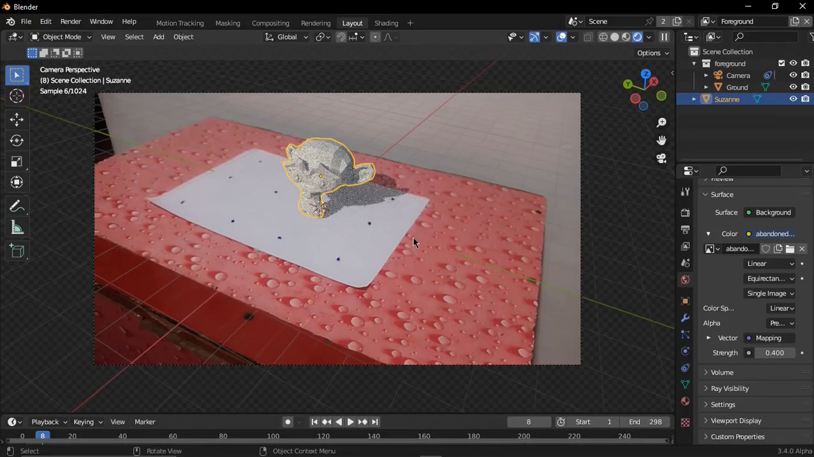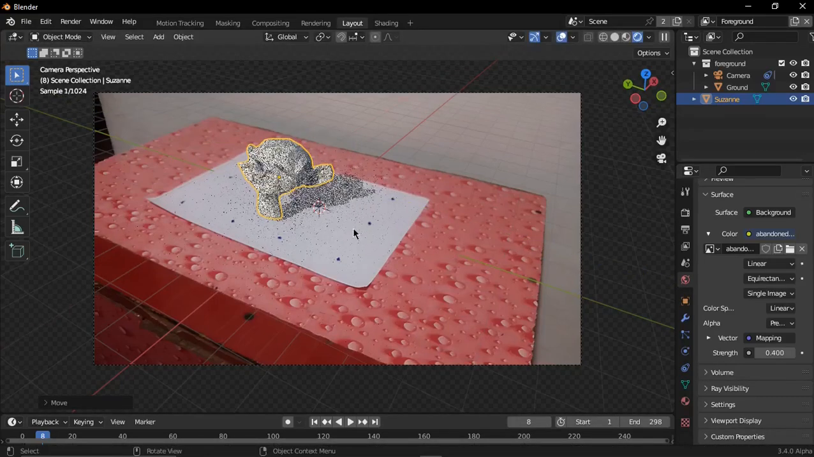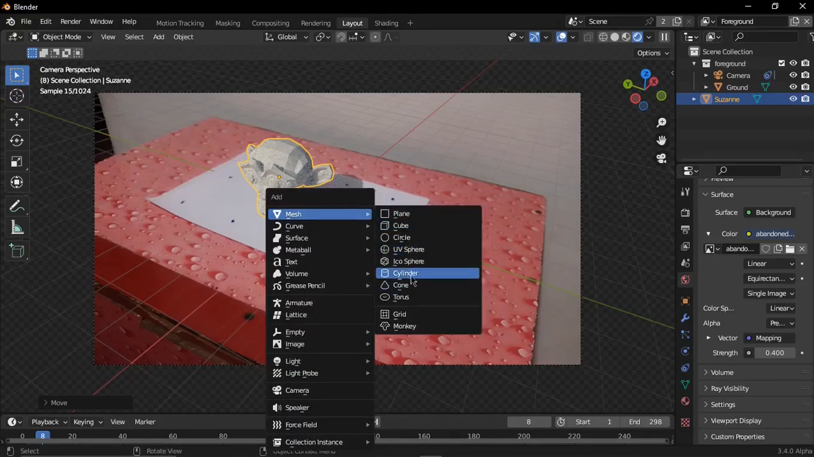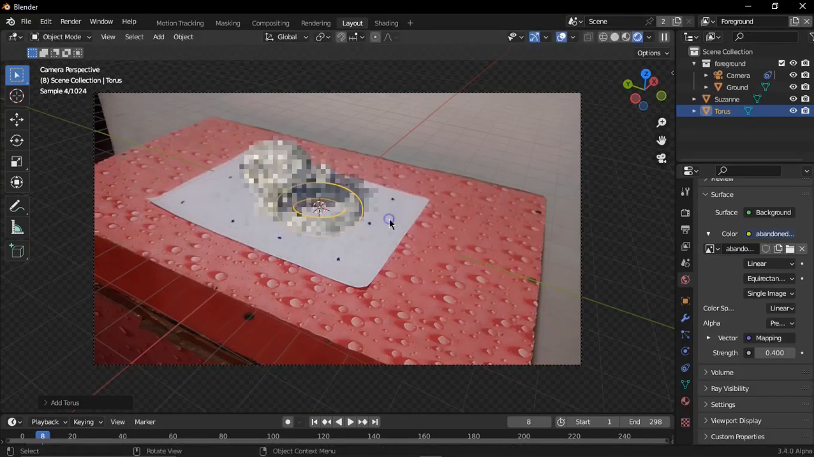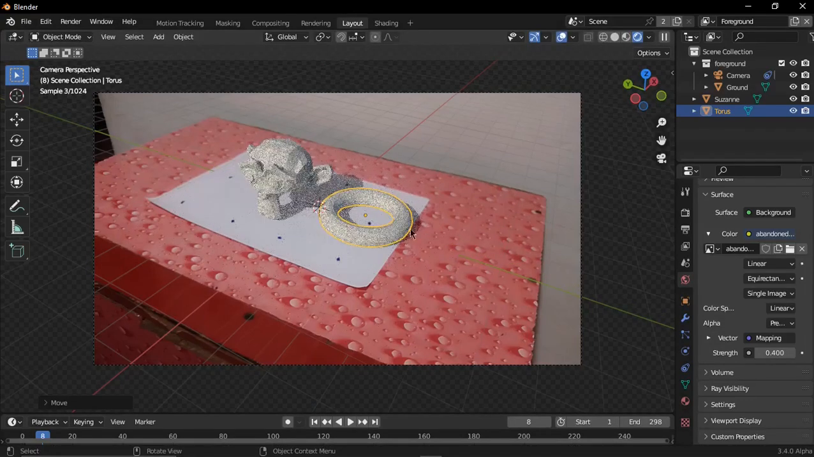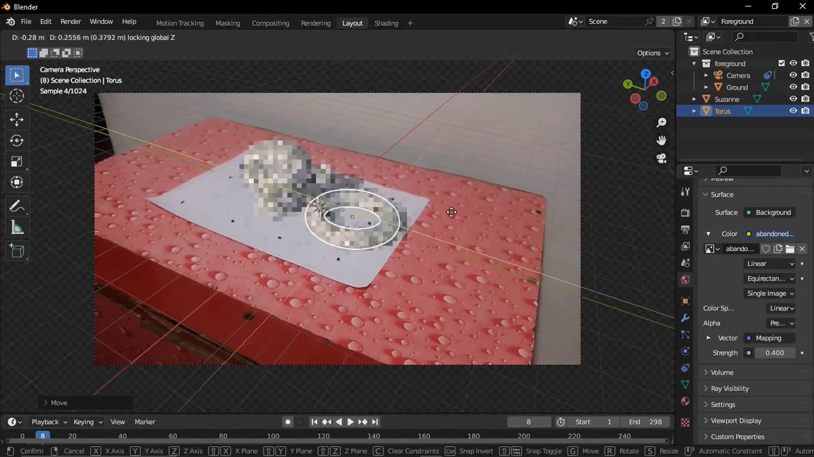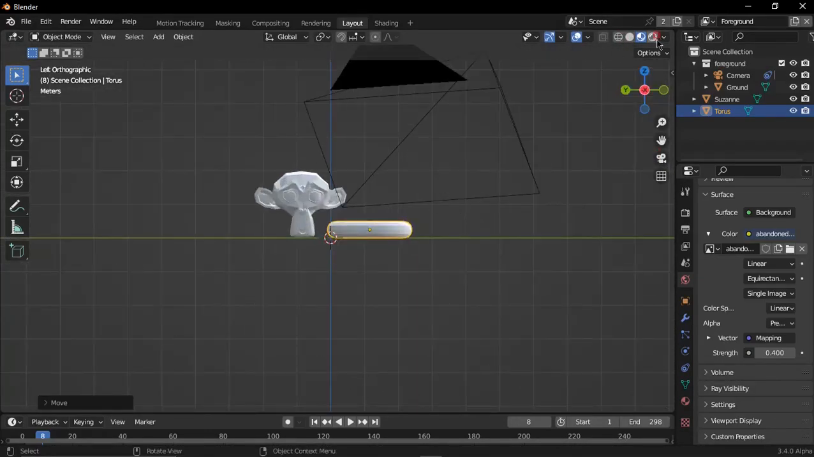select the monkey and G Y, G X, and Shift A, add a torus, G Z, move up and G Y, very good,